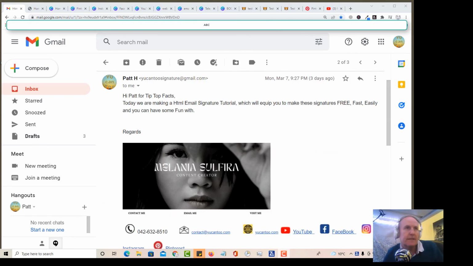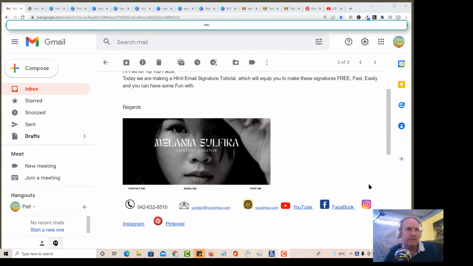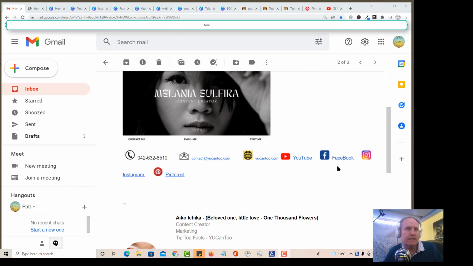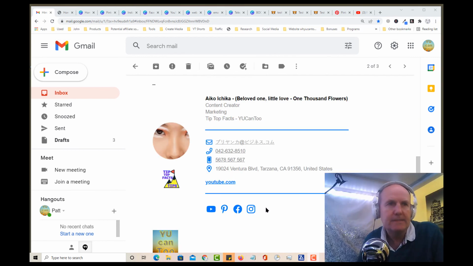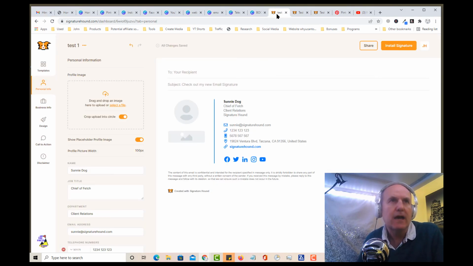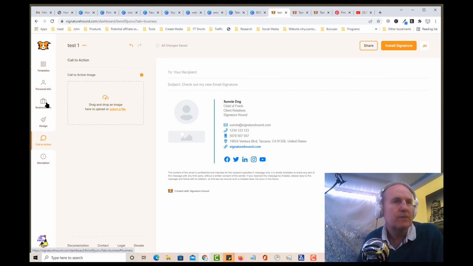In the end, hopefully that's showed you quite quickly how to make one of these. But here we are. This is the Canva version that was made with the clickable links, and this is the Signature Hound version, again with clickable links. And these icons can all be changed in Signature Hound, your business info,